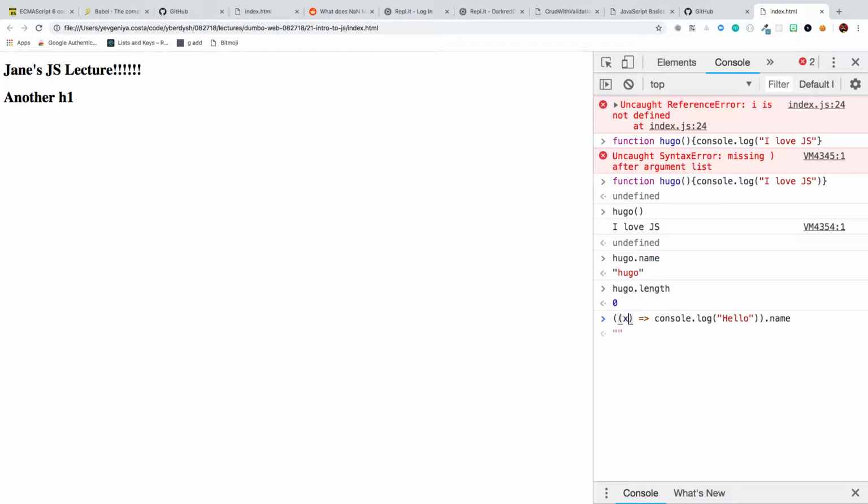What if I had this, and I was returning a sum? What would its arguments be? What would its .length be? I don't know what happened there.